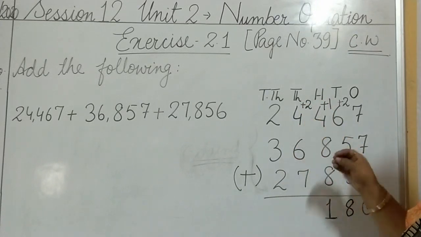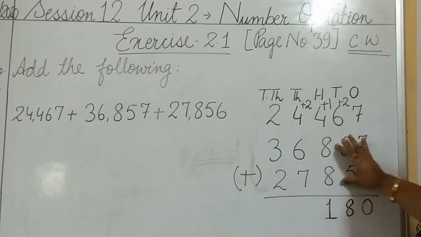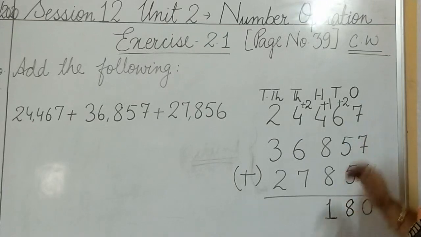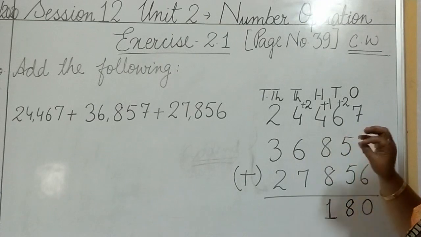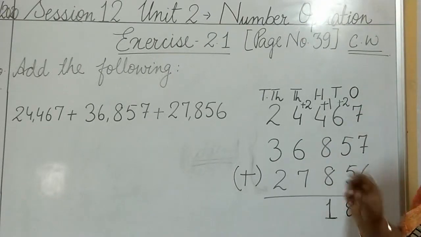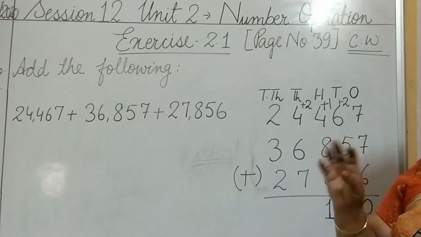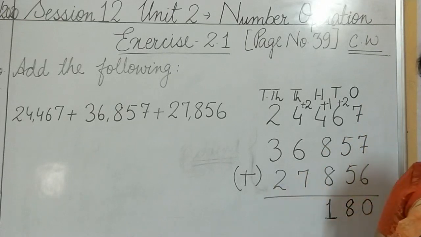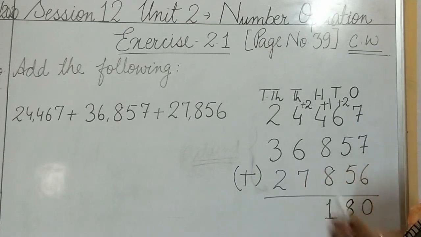Now when I am adding, did you observe something? Here I said 8 plus 8, here I said 5 plus 5, here I said 7 plus 7. I am doing it because technically it fits in my mind. Okay, these two numbers are very close. If we add this number, we will get such a result. Don't worry. The more you practice, that is why I have asked you to make a practice copy, because the more you practice, it will be very easy and convenient for you to add up the numbers.